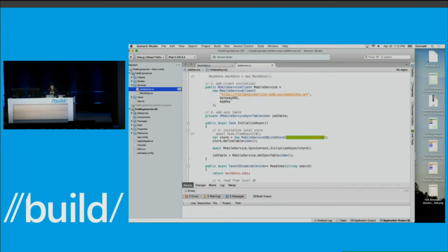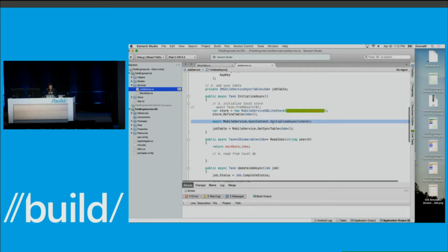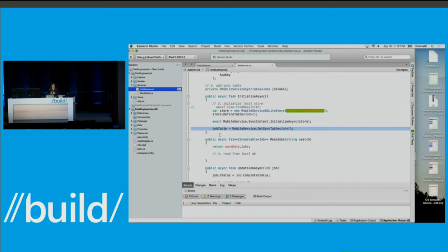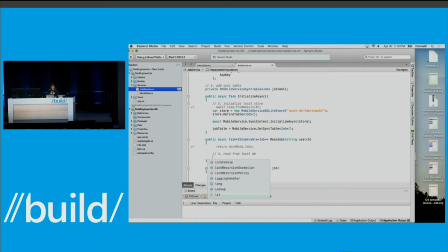So I've been running this app a bunch of times, and I don't want to see old data, so I'm going to change this local store name. So then I initialize the local store, and then I initialize the sync table, which is basically mapping everything, wiring everything up with the sync context. Now, when I want to read, what I'm going to do